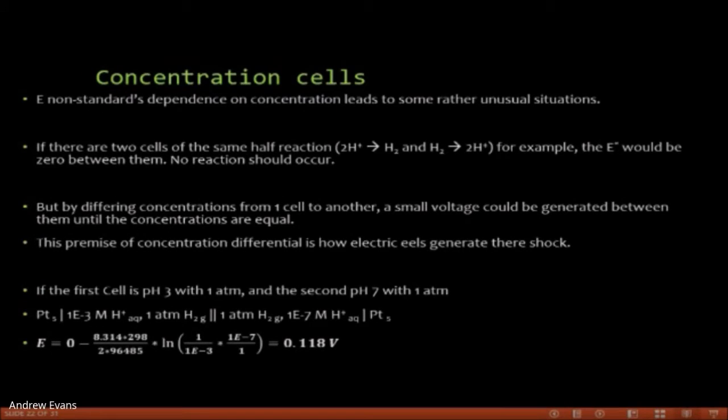Which brings up a weird idea of concentration cells. Now, if you read the textbook, or read online, this is essentially the premise of how electric eels generate shock. They're going to have various proton channels within the body. They're going to build up a proton concentration across a gradient barrier, much like in the ATP cycle, where ATP synthase produces our energy in the body, shuttling protons to one side of the mitochondria and then they come back and we use it to